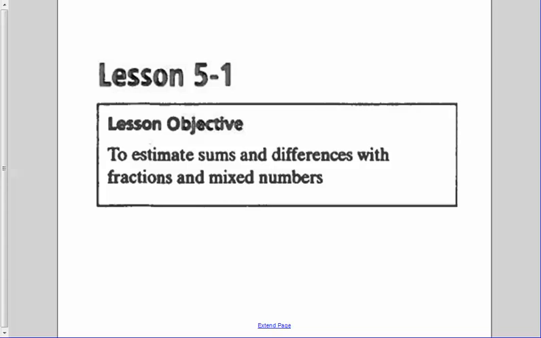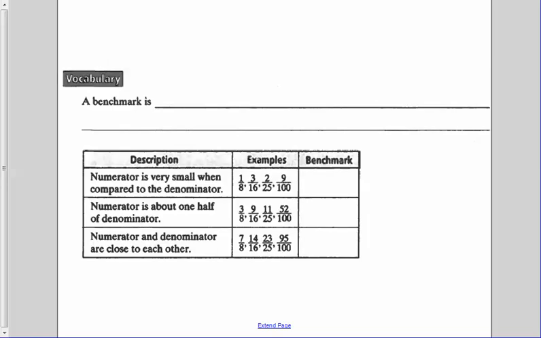Lesson 5.1, we're talking about estimating sums and differences with fractions and mixed numbers. When we look at a fraction, we try to figure out what the value of it is. To do so, we take a benchmark of that. A benchmark is a convenient number used to determine or to replace